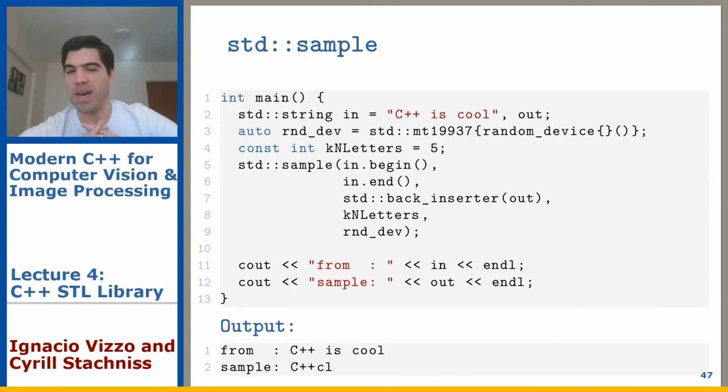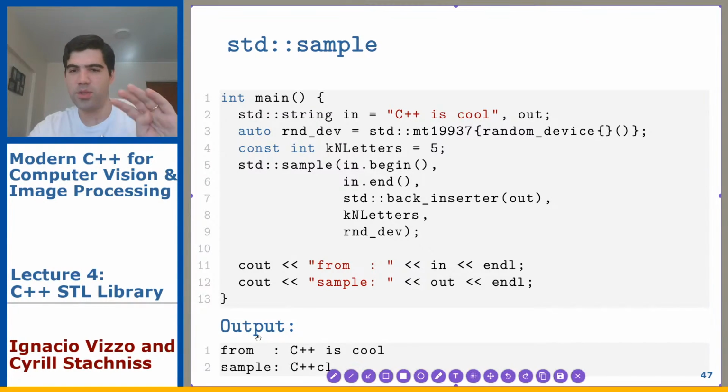This is something that you might use in our field, where we do a lot of probabilistic stuff. So let's quickly see this. You have a string, and that is C++. It's cool. I'm hoping to convince you. And then you have another string that will be the output, and then you will create a random device. It's defined in the random library, and then we want to randomly pick 5 letters from this string. Then we will sample